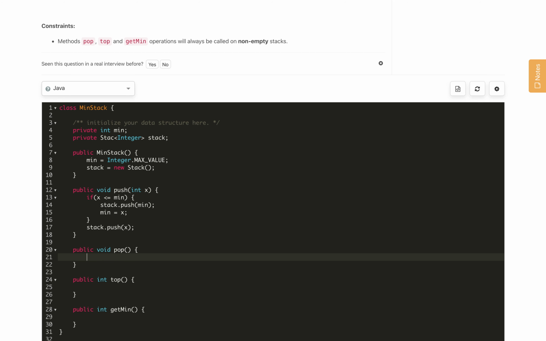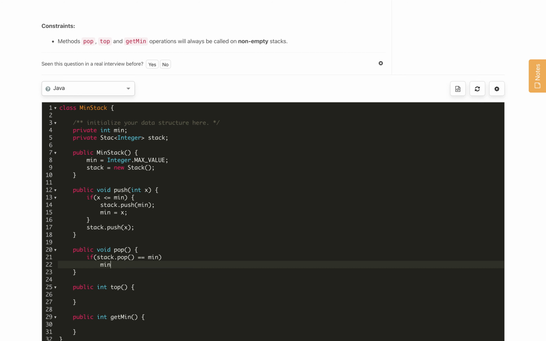Once done, in the pop operation we check if stack.pop is equal to min, then we update min with another stack.pop. In top we just return the stack.peek element, and in getMin we simply return min.